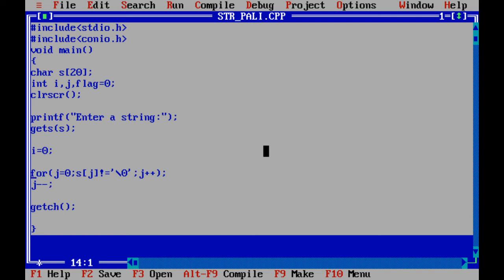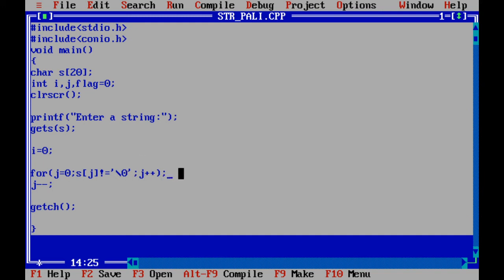So i equal to 0 is simple, and for making j equal to 5, these two lines are written. What are those two lines? For j equal to 0, s of j not equal to null, j plus plus. Means this loop will only increase the value of j and it will stop when s of j becomes equal to null.